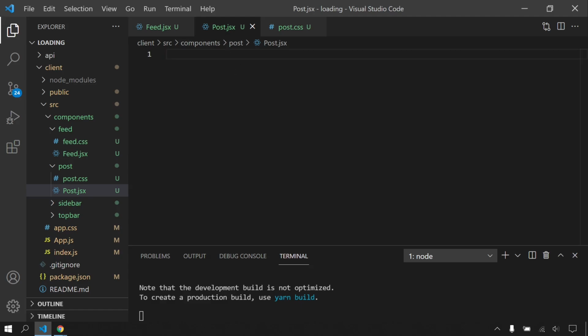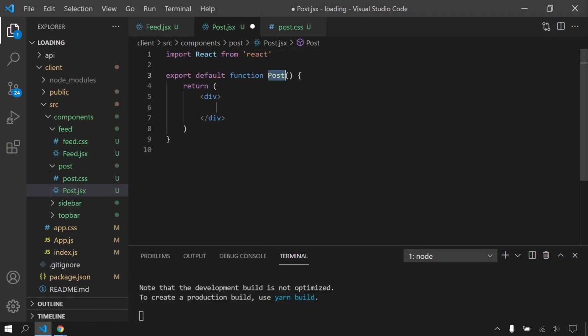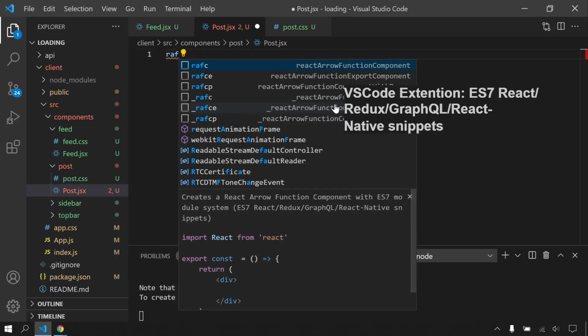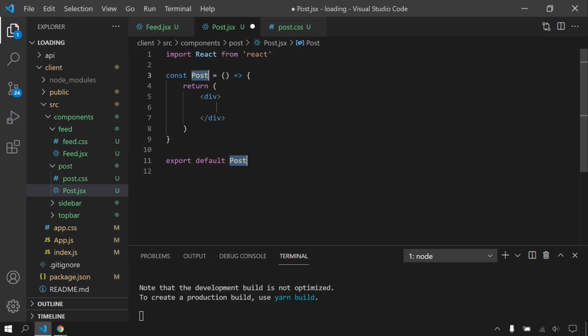and here you can create your post function. It can be normal functional component like this, or you can create arrow functional component like RAFCE, something like that. It's exactly the same thing. So let's write here class name.